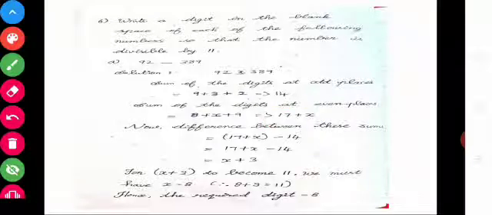Now the difference between these sums. 17 plus x minus 14. 17 minus 14, it is 3. So what is the answer? x plus 3. For x plus 3 to become 11, what must the x value be? 8. 8 plus 3, it is equal to 11. Hence the required digit is 8. So write that here, 9 2 8 3 8 9. It is divisible by 11.